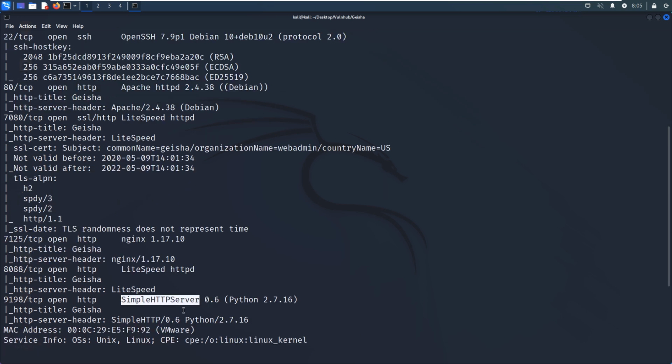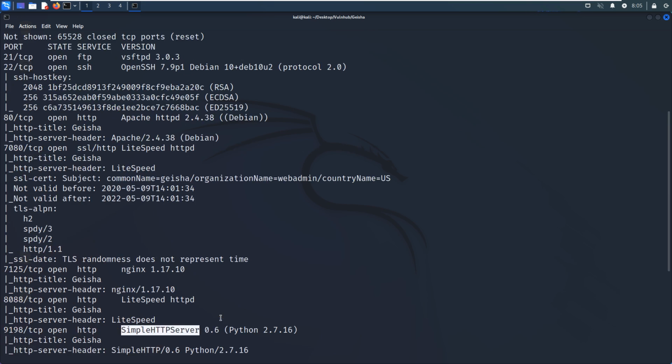You know, I use this SimpleHTTPServer a lot, or maybe the Python 3 has the corresponding module, the http.server module. Anyway, this has nothing to do with this machine.